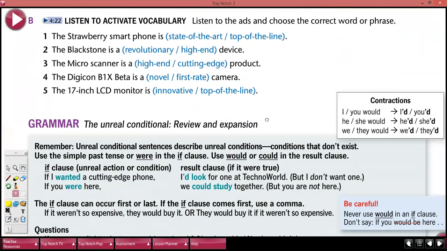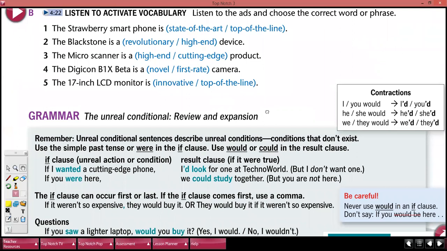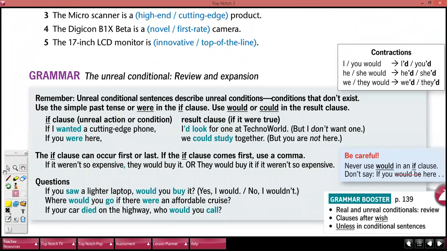Very well, guys. So now we move on to the important stuff, the heavy stuff, if you like. This one is the grammar. It's not that complicated because it's something that we already know, the unreal conditional. We are going to review and add some more info. Now, if you don't remember the unreal conditional, we are going to check in here what is the